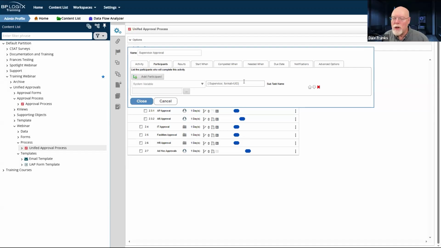So that format equals UID, and people forget this a lot. In fact, I do get tech support questions on a more or less regular basis where people say, hey, I'm trying to use the form field for a user picker and it's not working and it's not grabbing my stuff. And the first question is always, okay, using a user picker system variable, so are you formatting it to the UID? Well, no. Well, you have to, because that's just how user pickers work. It didn't used to work that way. And we changed it because this is one of those things where we're in a darned if you do and darned if you don't position.